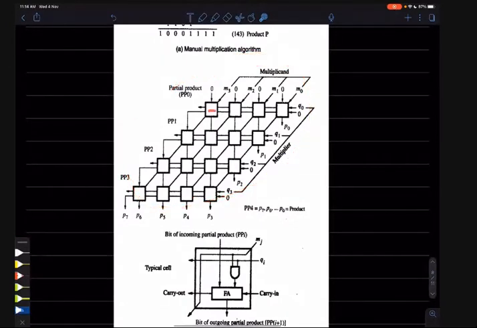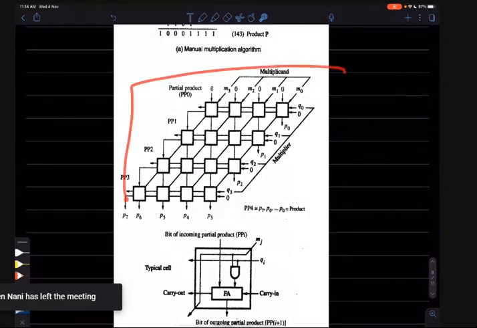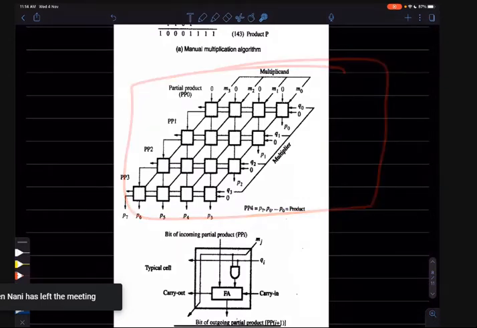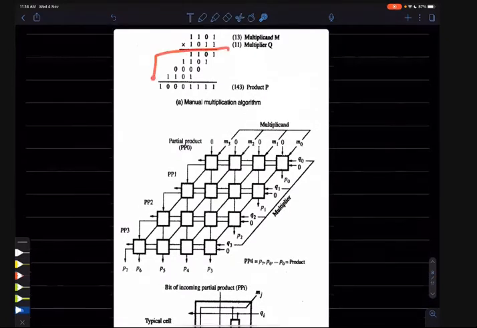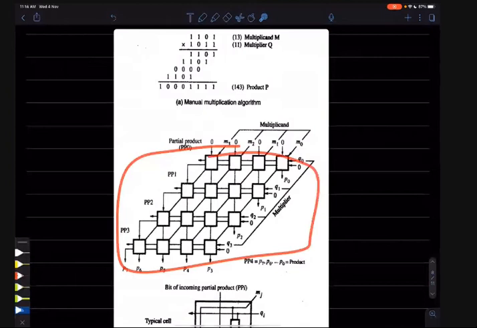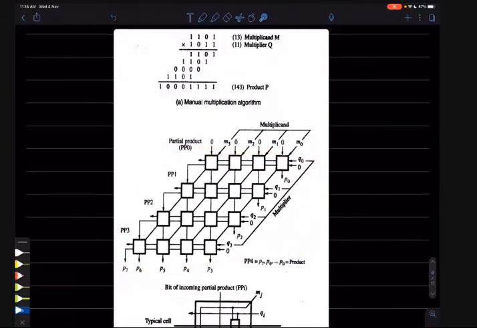because lots of hardware is used here, because there is another technique that will use less hardware. And to implement this we need a big area on the chip. So that is also a reason why we will not use this kind of arrangement for multiplication. But it is very simple. Whatever we are doing in normal binary operation, we are just implementing here. But there is an alternate idea.